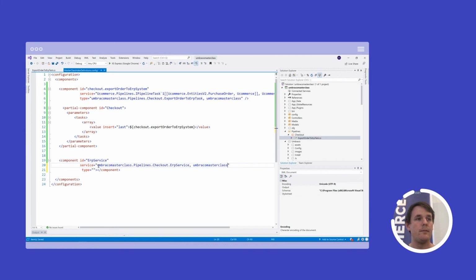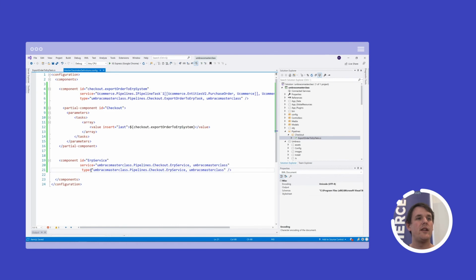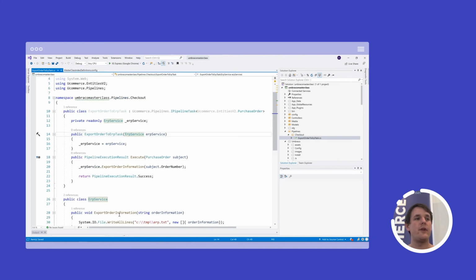And that's okay. We can have that. Let's do it like this, and we don't need that. We can just auto close the element. There's no children to it. So that's what we're doing here. Now we say, okay, IoC container, when someone is asking for ERP service, give them this type here. All right, so that's the component we have here.